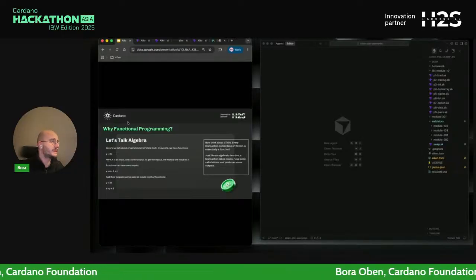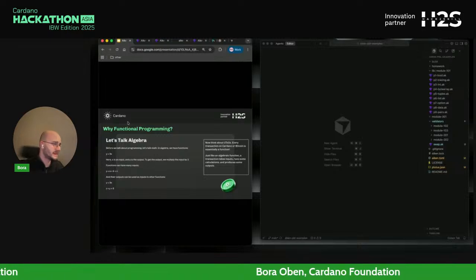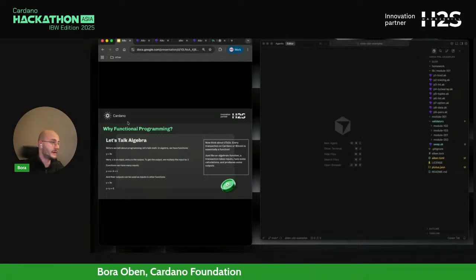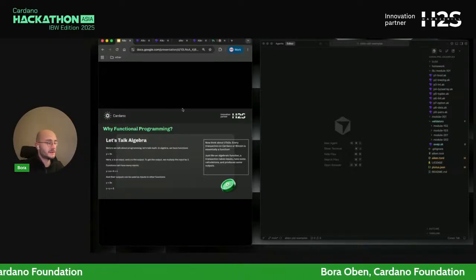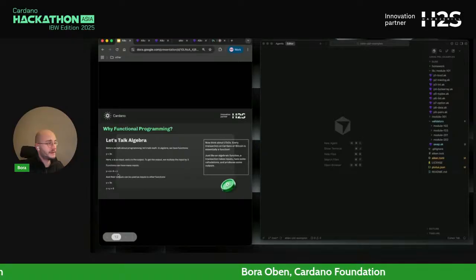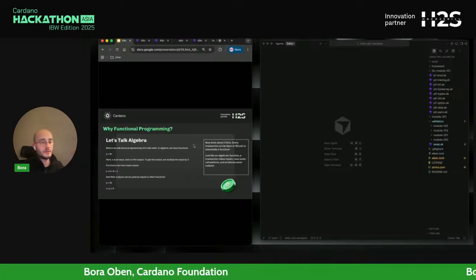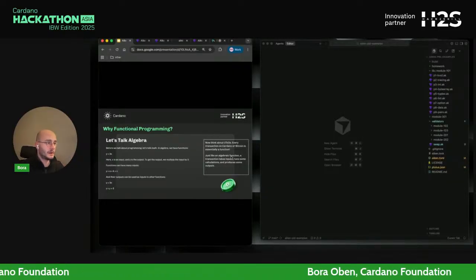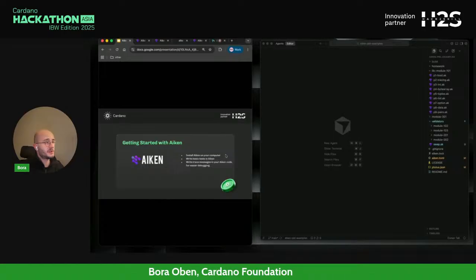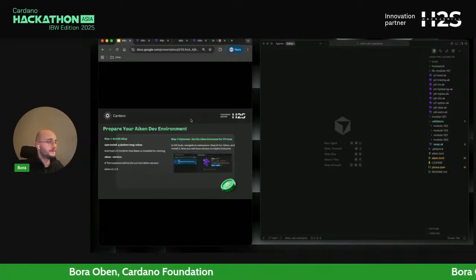I wrote some examples here on how to get into the mindset of a Cardano developer, because just like algebraic functions that are written on the left here, a transaction on Cardano also has inputs and outputs and nothing else. This is also how we will be thinking about smart contracts later down the road.